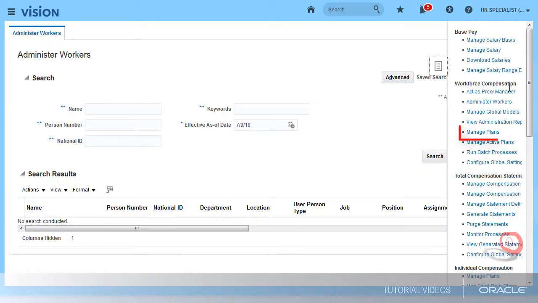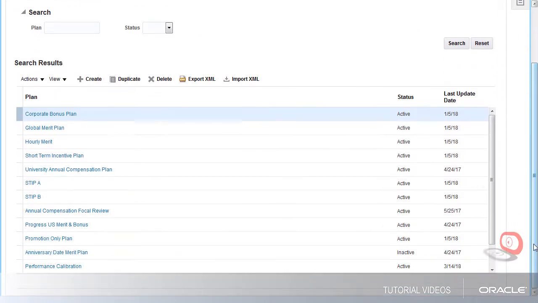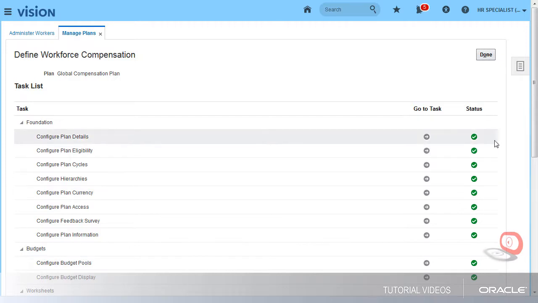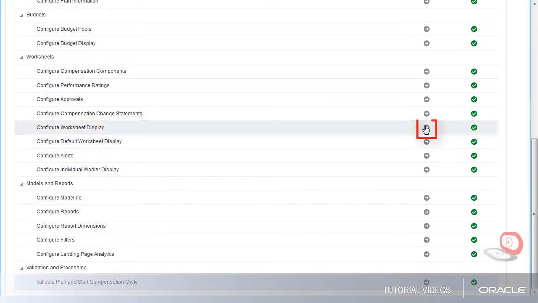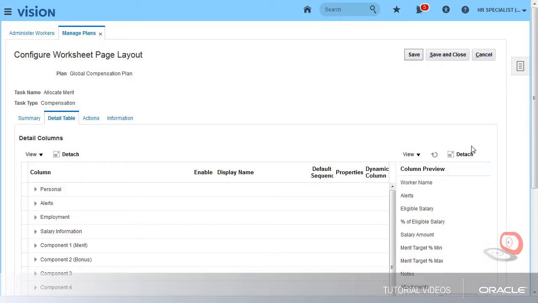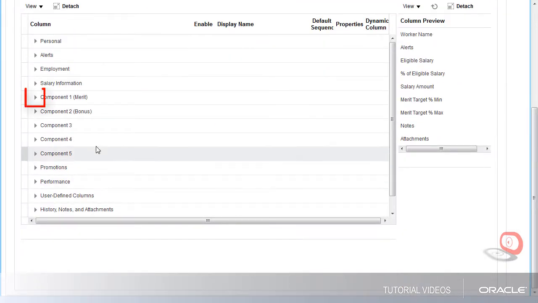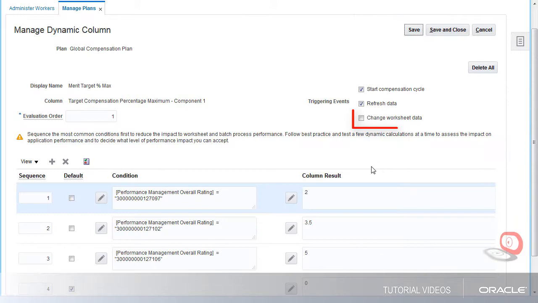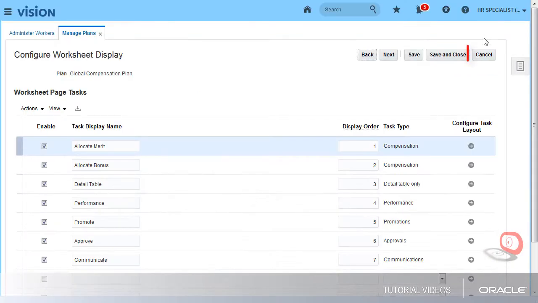Tabbing, scrolling, and real-time values calculations will impact the worksheet performance. While I can't avoid using real-time value calculations completely, I need to make sure I'm using them effectively. Real-time calculations are done when the change worksheet data trigger is used in both alerts and dynamic calculations. The more of either of those, or the more conditions within a dynamic calculation, the longer the worksheet can take